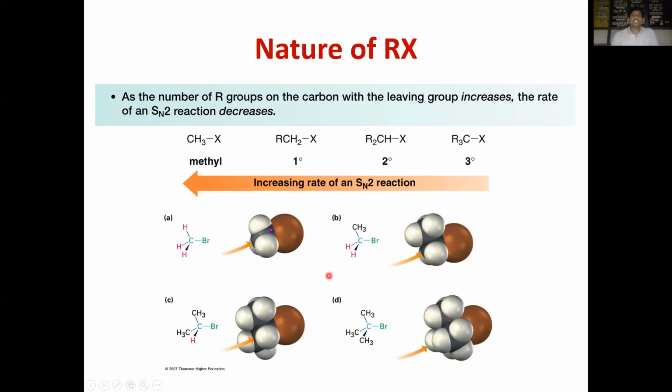In the SN2 reaction, steric factors influence the rate of the reaction. The more the hindrance of the groups attached to the reaction center, the less the reactivity. So in the case of tertiary, there is no approach of the nucleophile onto the reaction center. That's why tertiary alkyl halides cannot exhibit the SN2 reaction. This is the order of SN2 reactivity. Methyl is highly reactive. Next, primary. Secondary, a little bit difficult. In the tertiary case, there is no SN2 type of reaction.